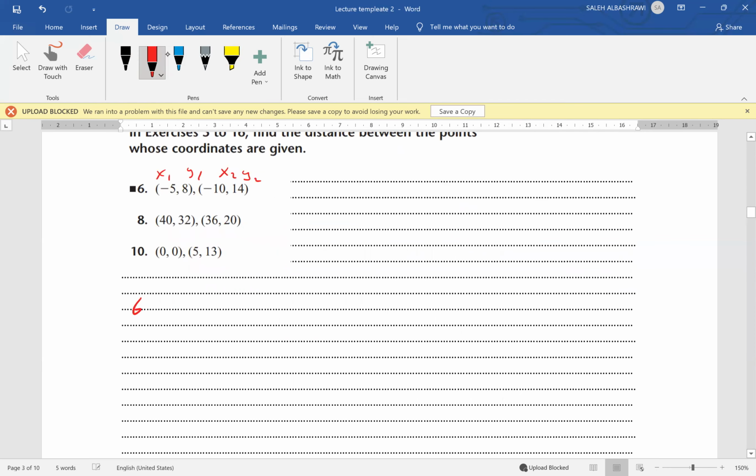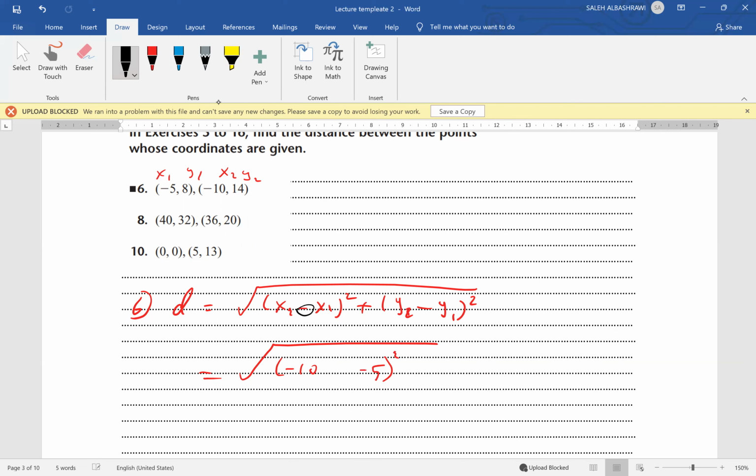So the distance, question number 6, is given by the formula x2 minus x1 square plus y2 minus y1 square, which is equal to: x2 is minus 10, x1 is minus 5, and we have negative from the rule. This one, this is a negative sign. We have to be careful. It is there, minus. So I will put the second coordinate with bracket. So it is minus. Plus,